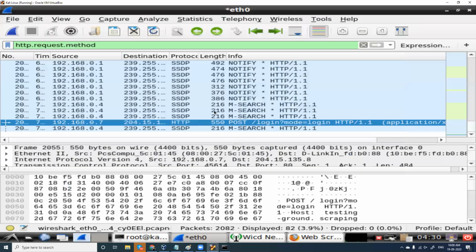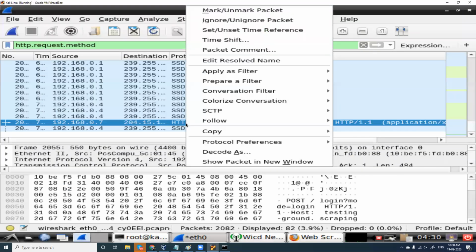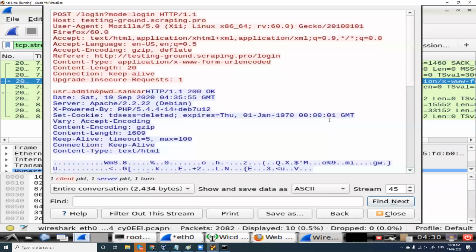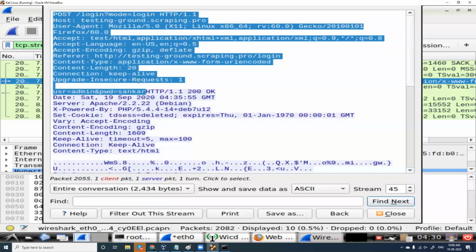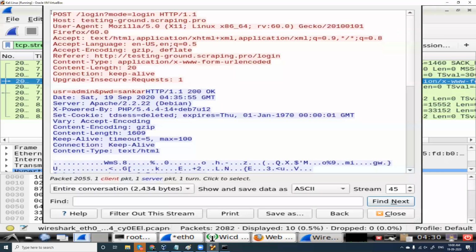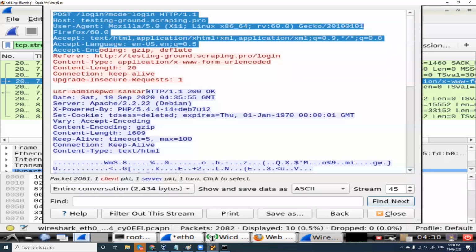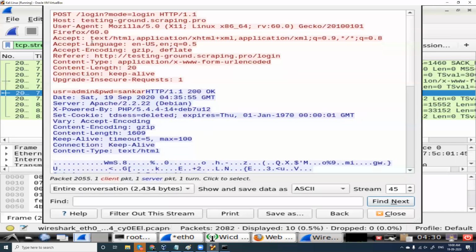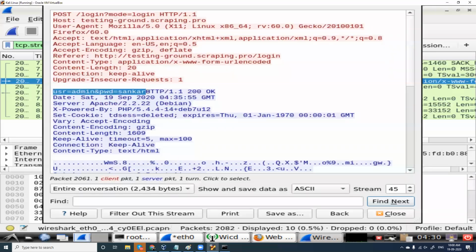Yes, this is one option. And the second option, you can right click on this packet and you have follow and give follow TCP stream. When you go for this option, red is what you have entered. Red color here means the data which is sent from your computer. And this blue color, violet, what does it mean? It is a response which you have got from the server. And when you look at this, you have your username and password here.